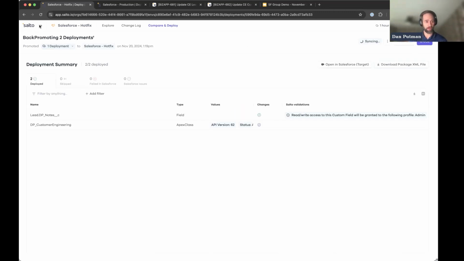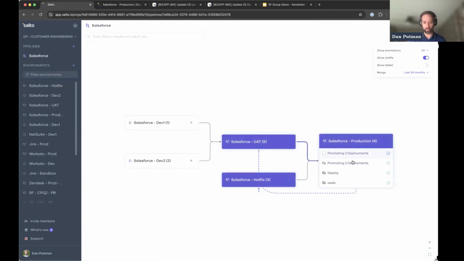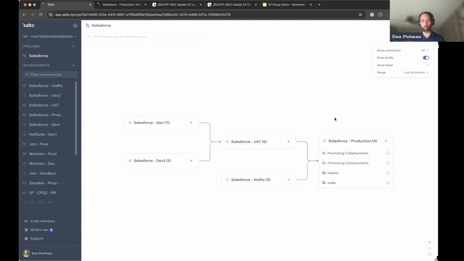We can now see that we are syncing, the deployment is done. Everything should be in place. And I can see now that I have indeed back promoted both of those production deploys that I had done earlier. And so with that, we see just how easy it is to move from our dev environments to UAT, to production, and back to hotfix, even when we have potential conflicts between these environments. Salto is going to give us visibility so that we can resolve those issues and make sure our environments are not only aligned, but that we haven't blown away any work in progress while we're at it. So I'm going to take